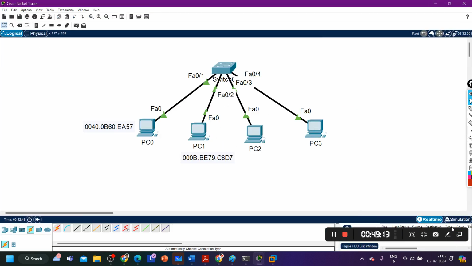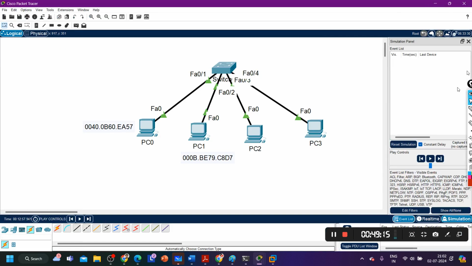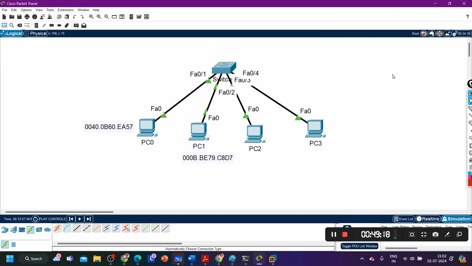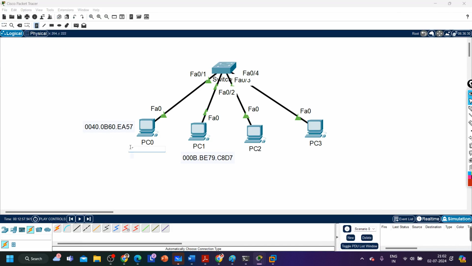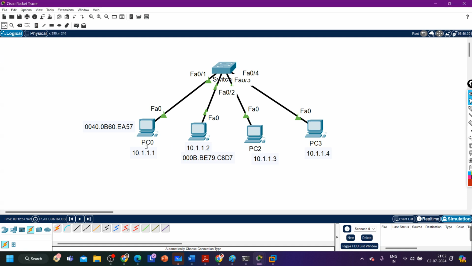Right now it's good. Now guys, here I am going to use simulation mode to see the packet. See, PC0 IP address is 10.1.1.1. PC1 IP address is 10.1.1.2. PC2 IP address is 10.1.1.3, and PC3 IP address is 10.1.1.4. Done. Now you tell me, if PC0 wants to ping PC3, source IP will